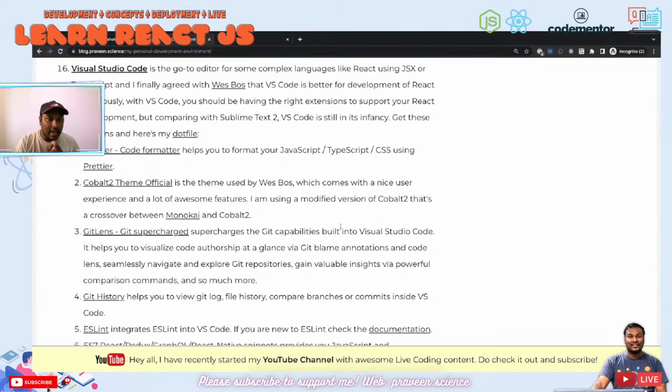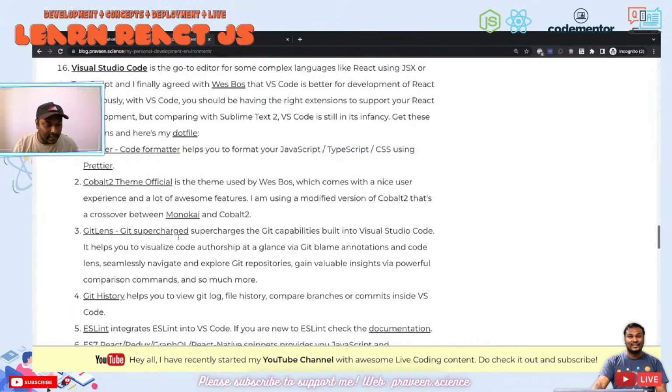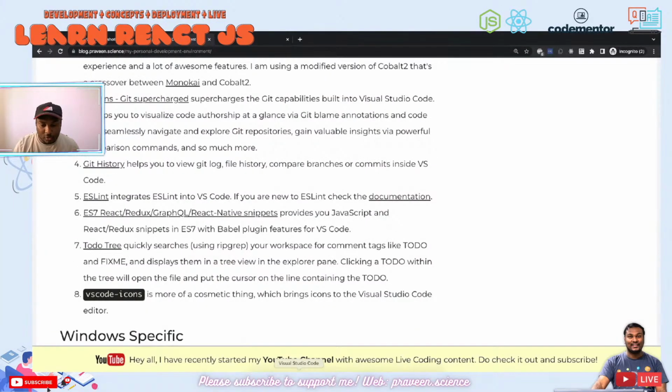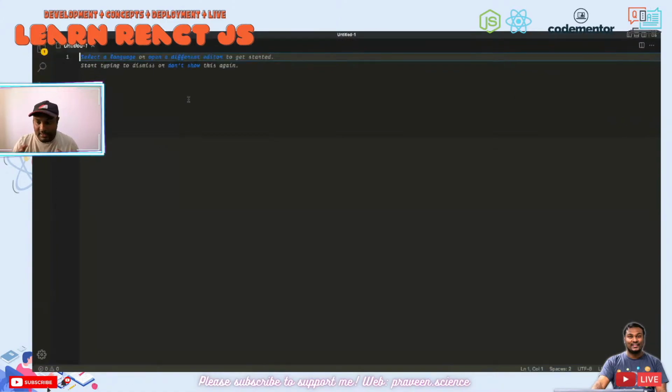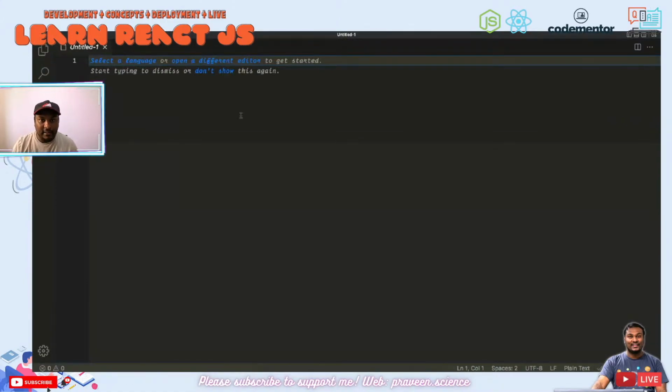And in this, I have got a couple of extensions. I've got exactly 8 extensions with me. Let me go through it one by one. So the first thing is, let's say this is my Visual Studio Code. And in this one,